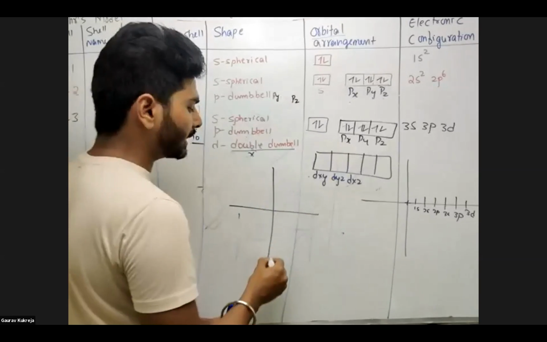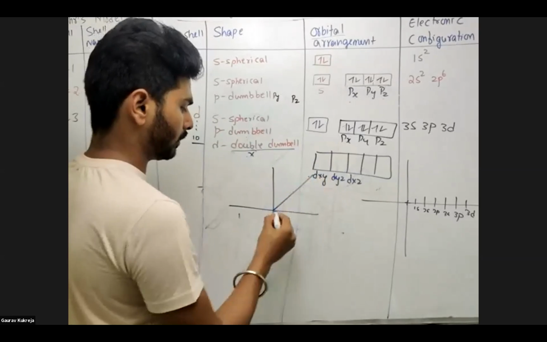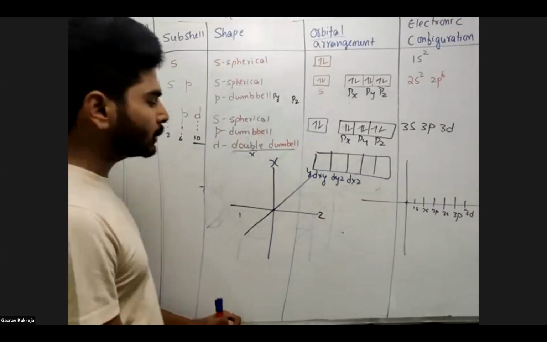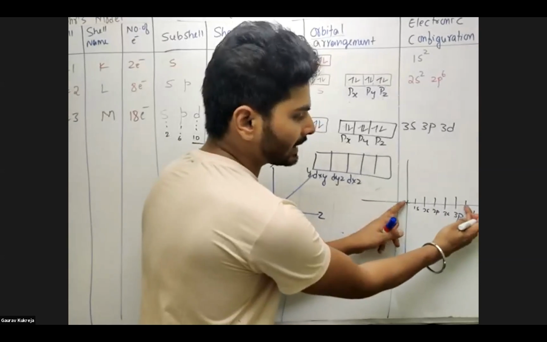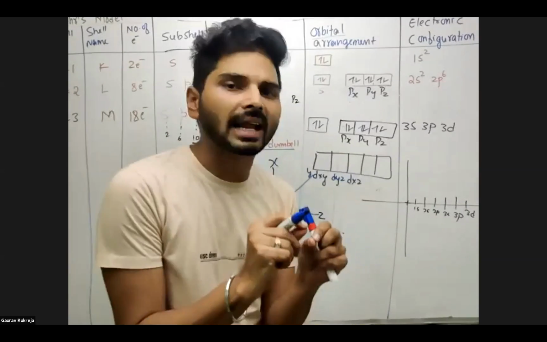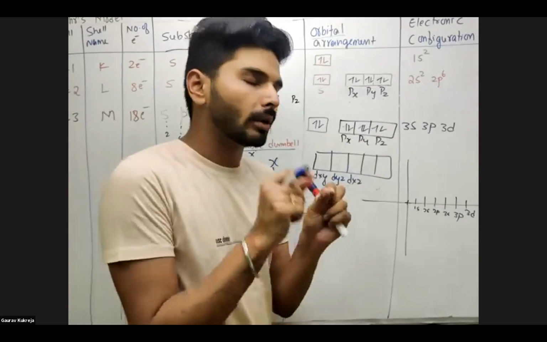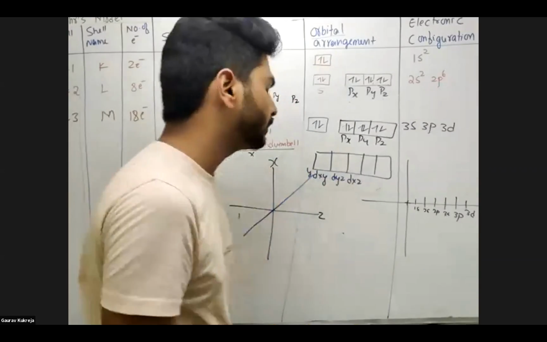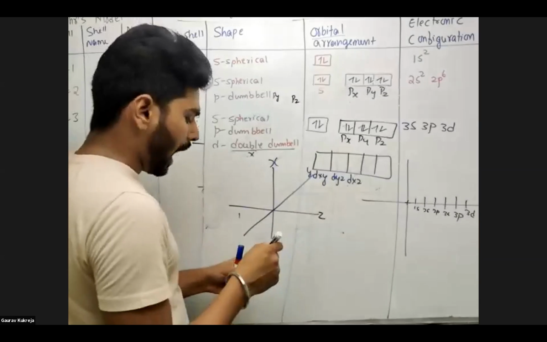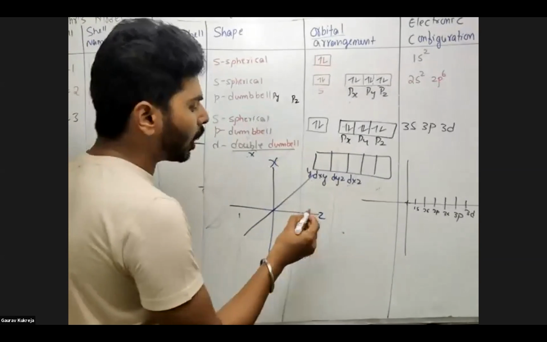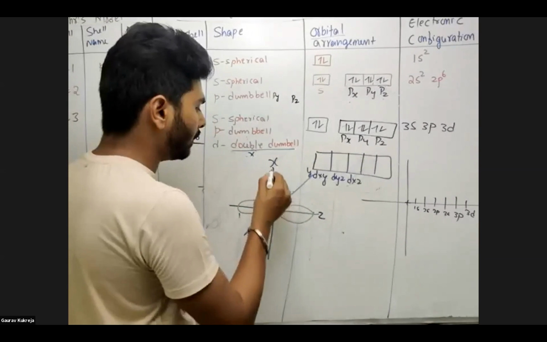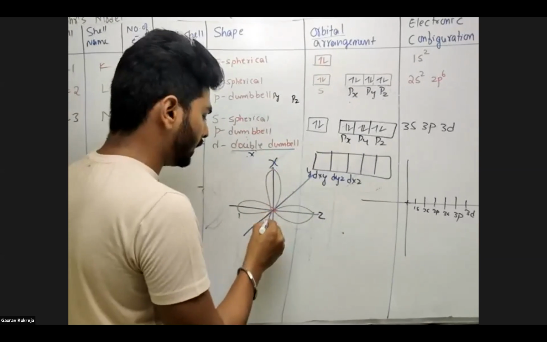Now what you have to understand, in XYZ, see in this distance I'm saying, not in this 3p distance, I'm talking about 3D distance. 3D is slightly away from 3p. So radius wise there will be a slight difference. So now what will happen, XYZ. Here I'm now saying double dumbbell along the axis. So see one dumbbell and another dumbbell here.